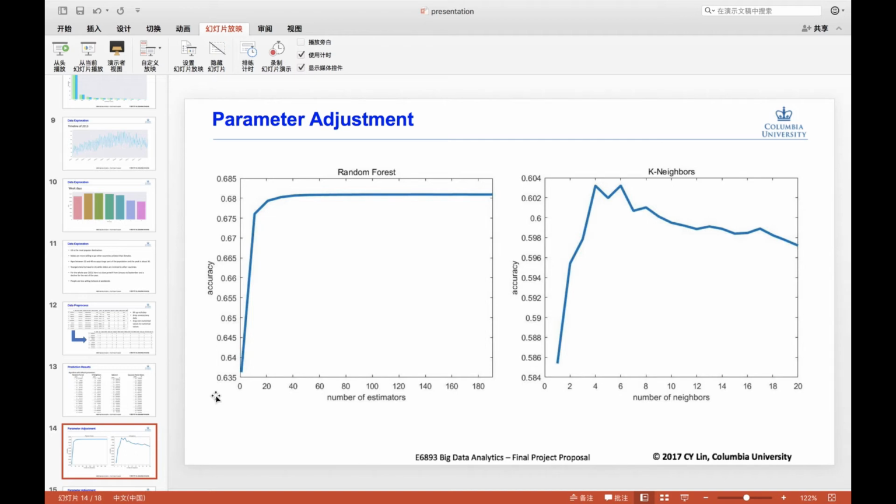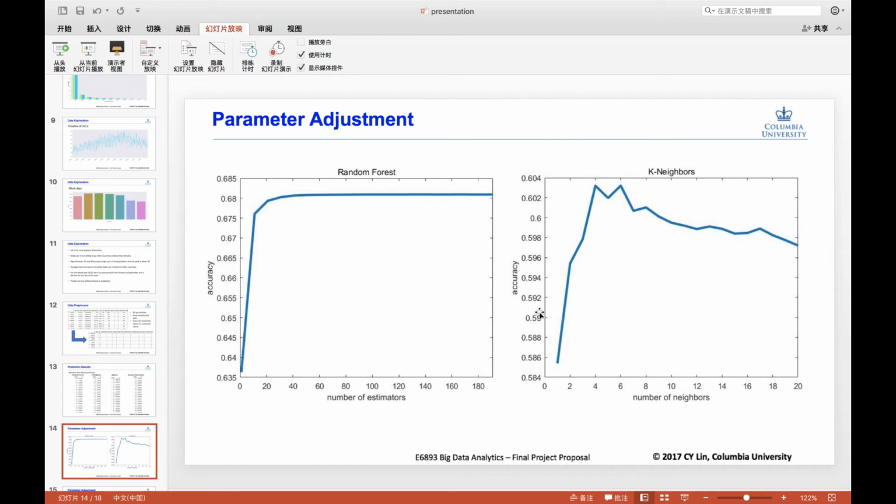We can see from the figure that when the number of estimators is less than 40, the accuracy improves as the number of estimators increases. At the beginning, the accuracy increases at the highest speed, but then slows down as the number of estimators increases. After that, the accuracy increases at a very slight speed and can hardly be observed. Therefore, we choose 40 as the number of estimators in the random forest algorithm to get the best performance.